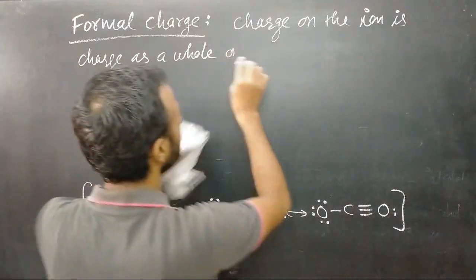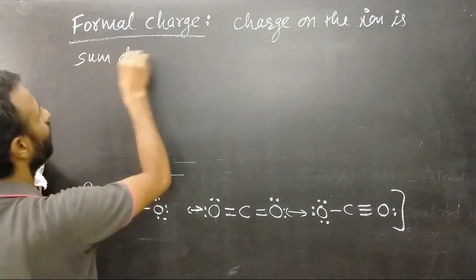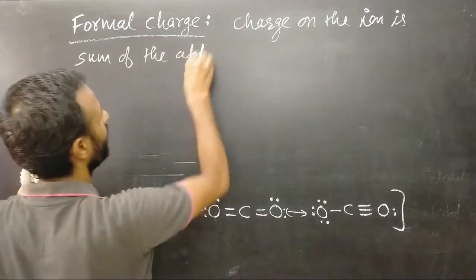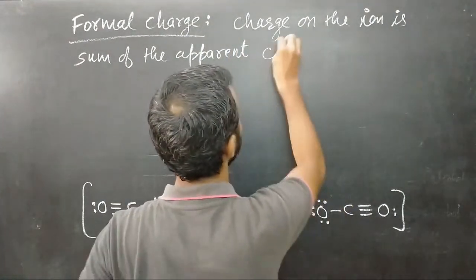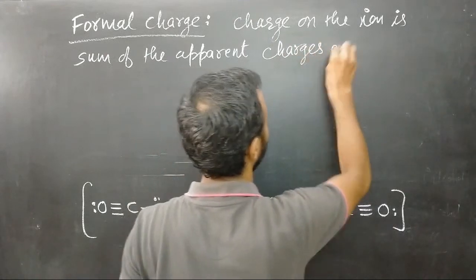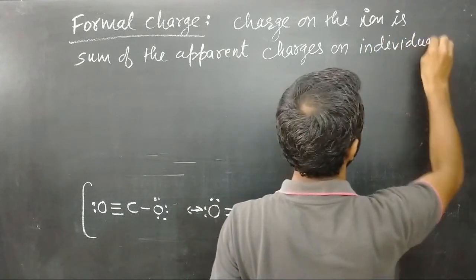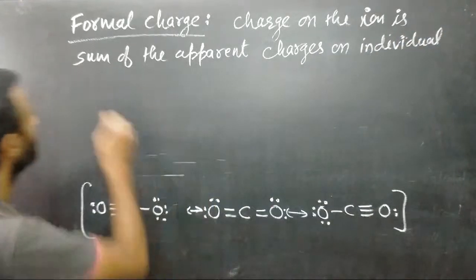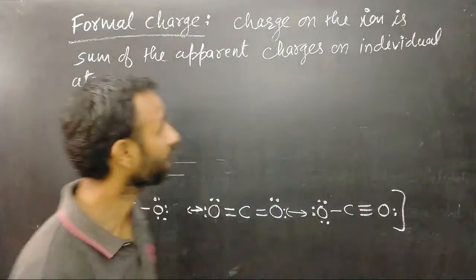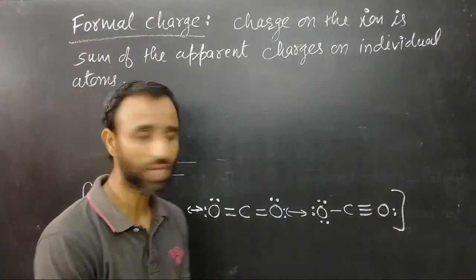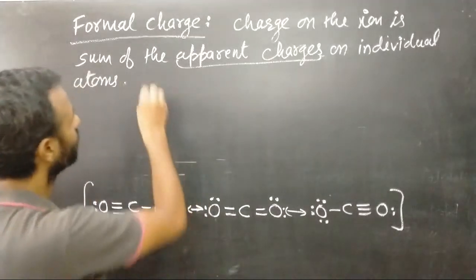It means charge on the molecule or ion is the sum of the apparent charges on individual atoms, right? Charge on the ion is actually the sum of the apparent charges on the individual atoms,